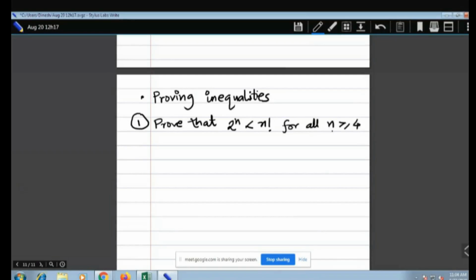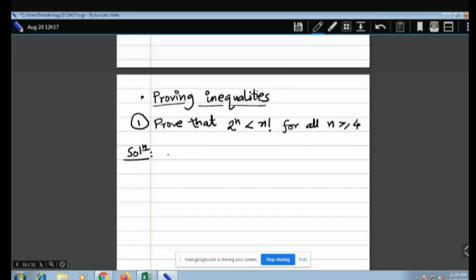Okay, so I think n factorial, I hope you know the operation factorial. So it will be 1 into 2 into 3 into 4 into 5 into up to n. Okay. So we have to prove that 2 raised to n is less than n factorial. So this is what is about proving the inequality, and this is specifically regarding the factorial and the exponent. So I start with the solution.